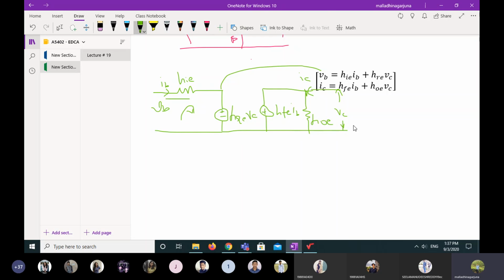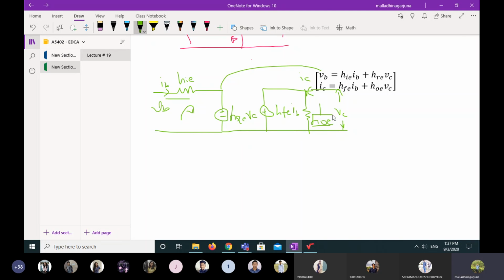Okay. See, 1 by HY is admittance. HY is the admittance. Okay. If you want to represent it with impedance, you have to write it as 1 by HY. That is up to you. So we can represent the circuit with HOE or 1 by HOE, but based on that representation, you have to remember that if it is HOE, that will be output admittance, not impedance. If we write 1 by HOE, that is output impedance, not admittance.